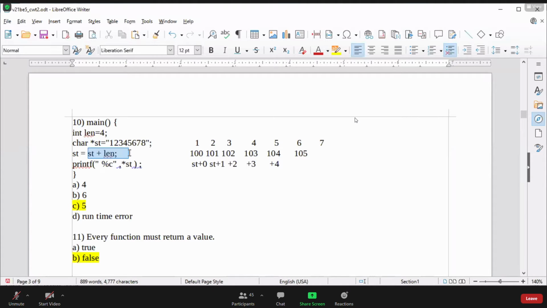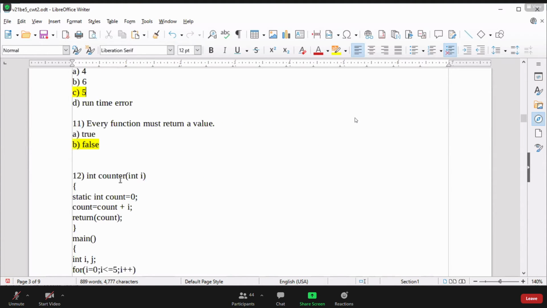Initially pointer st was pointing at location 100, now it is pointing at location 104. If we dereference location 104, we will get the character 5, and here we are printing that specific character using the percent c format specifier. I hope you are getting this.